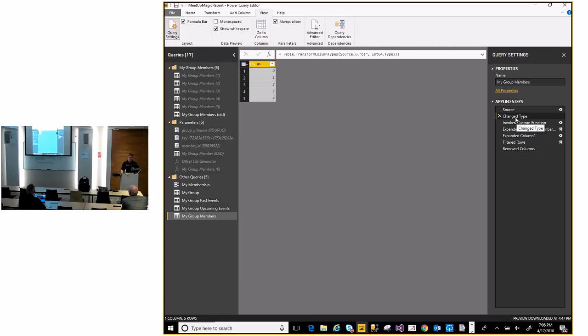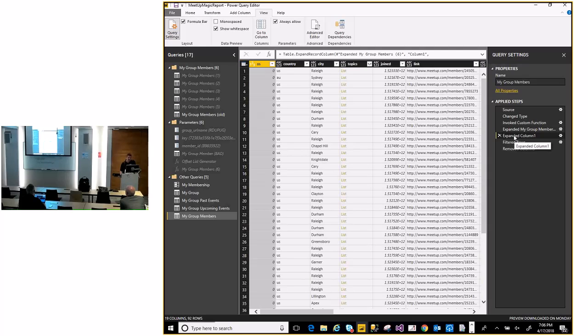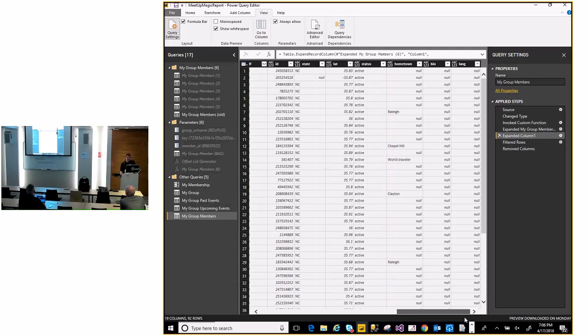So now you'll see that we've changed the type from text to number. Next step is to invoke that function that I showed you that makes the call dynamically. Then I expand that table out to each one of the records. Now I know I'm on the right track, because if I scroll down here, I get my 88 records, and then those last few are just burned. That's wasted. I kind of anticipate that going in. Then I expand that column, and now I get all my data. Okay? Less than elegant, but still has a degree of automation to it.